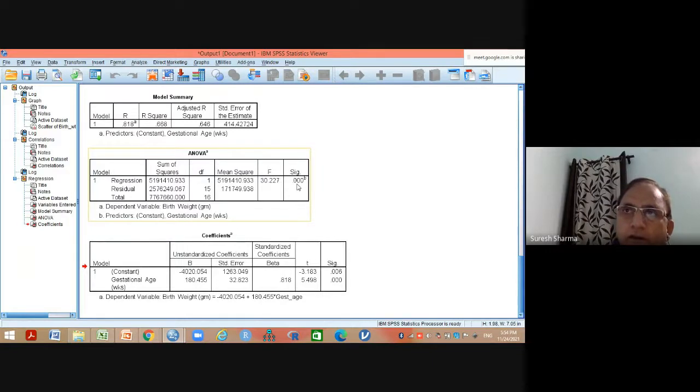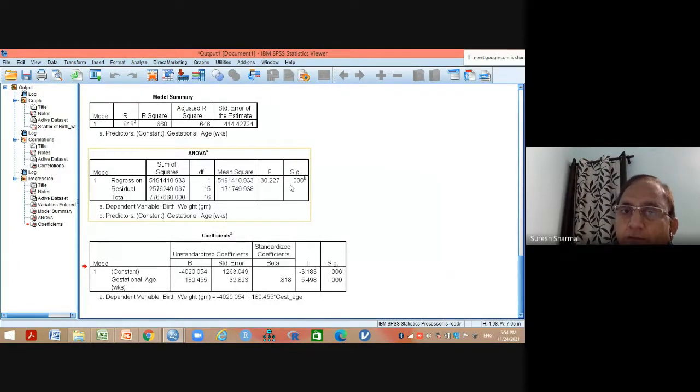Now, suppose it is coming out to be non-significant. This is significant because the p-value is less than 0.05. Suppose this would have been 0.231, then it is more than 0.05. The ANOVA table says that its value is non-significant. Non-significant means you will accept H0, and H0 is beta 1 is equal to 0. That means beta 1 will be 0. Then your equation will come out to be y is equal to simply the constant, beta naught, because beta 1 is 0, so beta 1 multiplied with x will go to 0. You follow my point? So that means this has to be always significant.